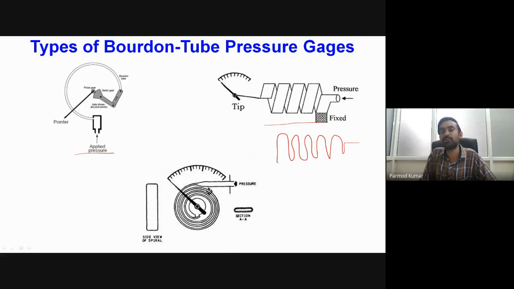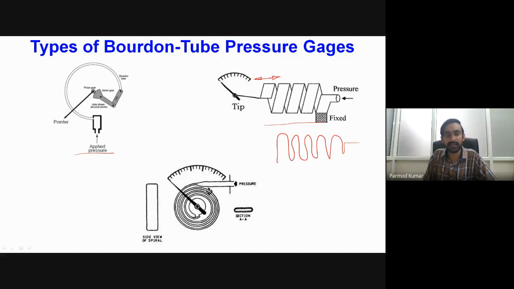So whatever I have shown you, in this helix type structure, one end of the helix will be fixed, and inside that helical tube, pressure will be supplied, and the other end will be connected to the scale. Depending upon the value of pressure, there will be a linear displacement in the helix, and that linear displacement is linked to the gradual variation of the scale in order to find out the value of the pressure.